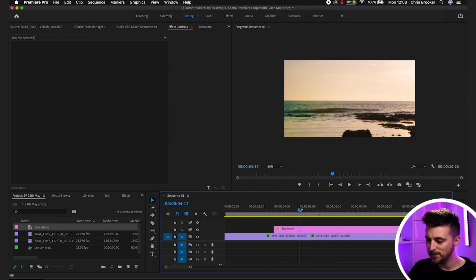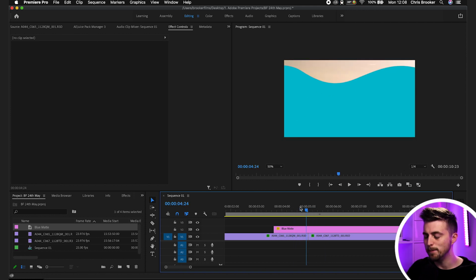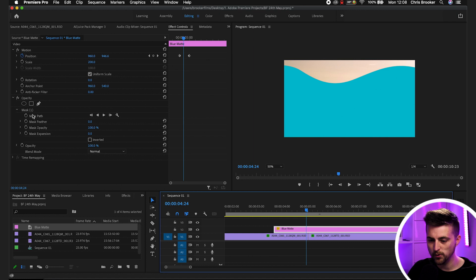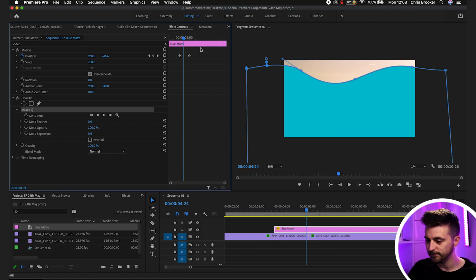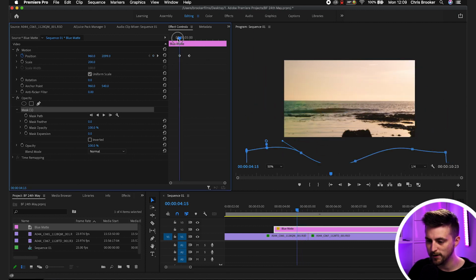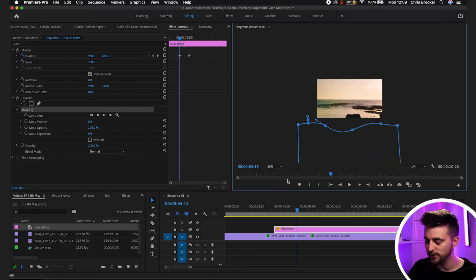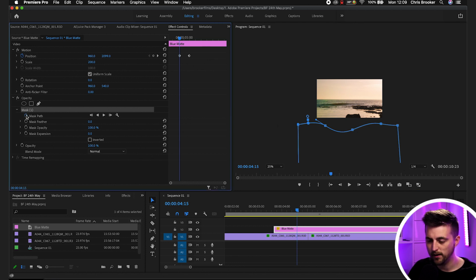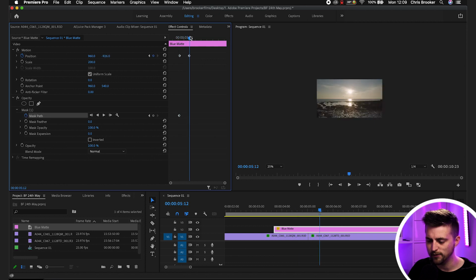Now that looks great, but the problem is there's not really any fluidity. There's no movement to that transition. These should be moving up and down as if it was water. So in order to do that, we're going to go into mask 1. We'll go to the first keyframe on the position. We'll zoom out, so we'll go to 25%, and as you can see at the moment the mask looks like this. So we'll create a brand new keyframe on mask path, then we'll go to that second keyframe, create another keyframe on the mask path,